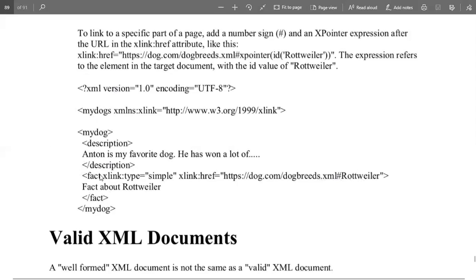The basic difference between XLink and XPointer is, if you want to move from one complete XML document to another, then you will use XLink. But if you want to move to a particular part of the document, then you will use XPointer. But in XPointer, you have to mention the ID of that particular position so that we can identify it, and XPath helps in reaching that position. So this is about XML linking and XML pointers.